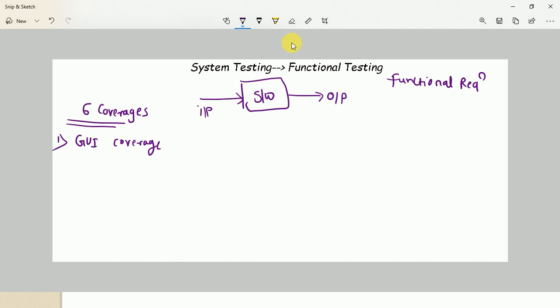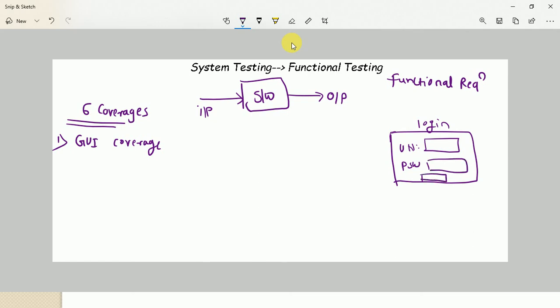See, whenever you deal with any software application, what will you get? You will get a software application something like this, any kind of application, which always requires some kind of component or control to be dealt with. For example, if I have a web application and I want to perform some login activity, there should be proper controls available. The first control should be username, the second control should be, let's say, password, and there should be an OK or submit button to validate that login.